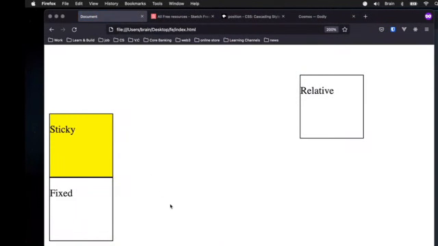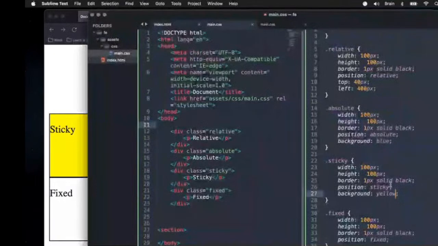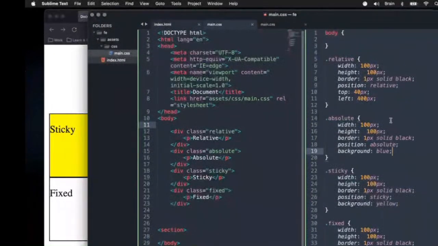So I'm going to refresh. Now see what is happening. Sticky is here. You can no longer see absolute. Now absolute is still on that particular position, but it no longer retains that physical space. You understand? So which means I can decide to use the top and the left to just make